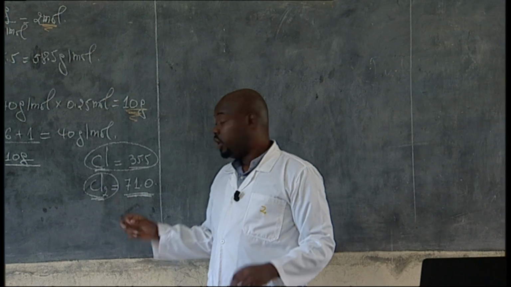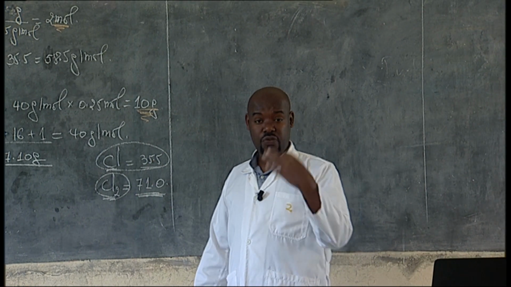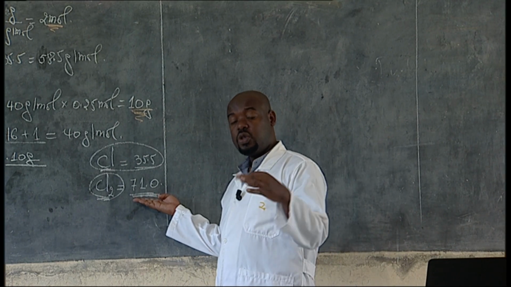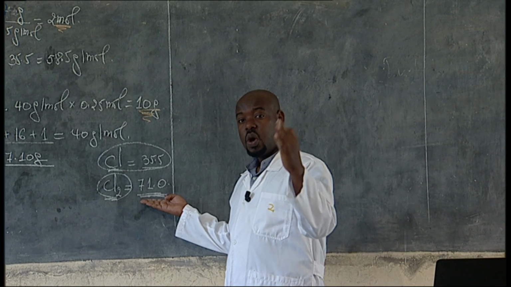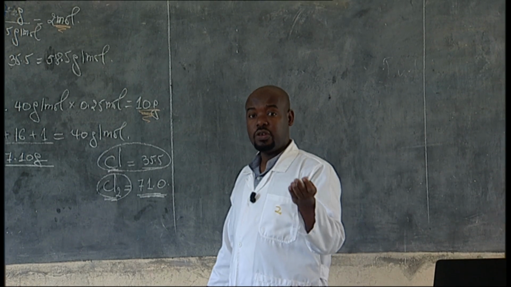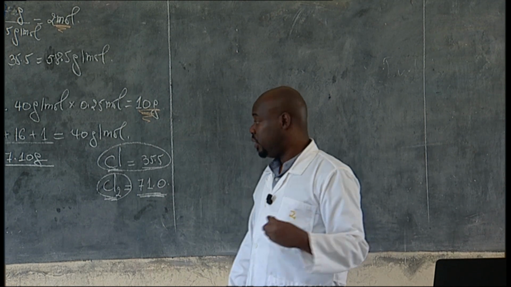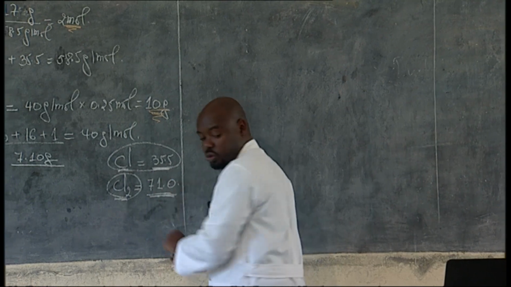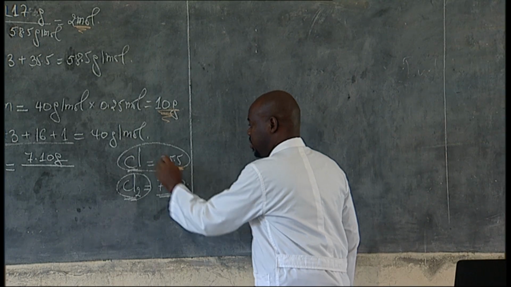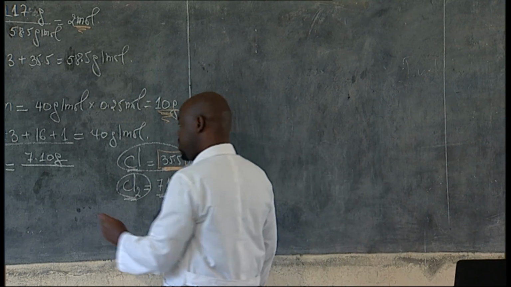But if you use this one, what you will get will be the number of moles of atoms. But if you use this one, what you will get will be the number of moles of molecules. And to get the number of moles of atoms, you will have to multiply by 2. Okay? So let's use this value to get an immediate answer, an immediate answer which doesn't require more steps. So we use